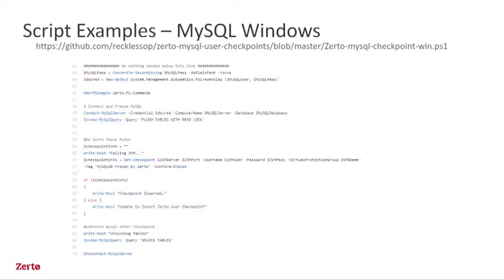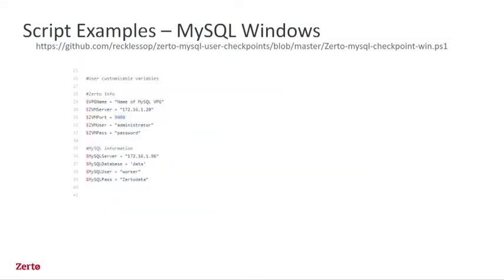So basically, this is all in PowerShell, by the way, because it's Windows. I add the Zerto PowerShell commandlets. I connect to MySQL. I tell it to lock and flush all of its data with that command right there. It's a native MySQL command. And then I basically say, hey, I'm going to call ZVM. And this is a commandlet called